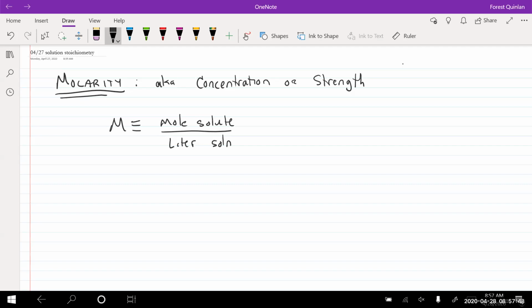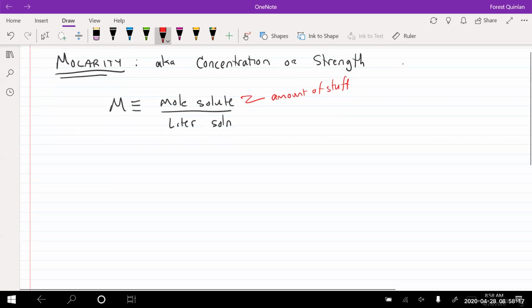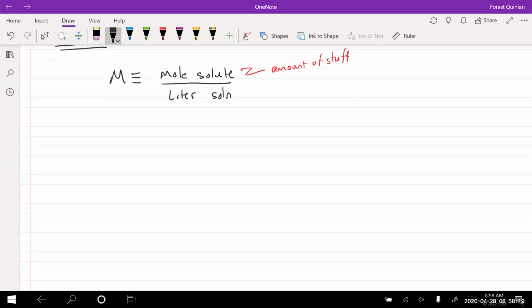We've done enough experiments already where we went drop, drop, drop, and we looked for a cloudy or a color change or something. Basically, we had a certain number of things, right? So it's all about the number of things. This is just the amount of stuff in the solution. Now, we're going to do moles because we have balanced equations,